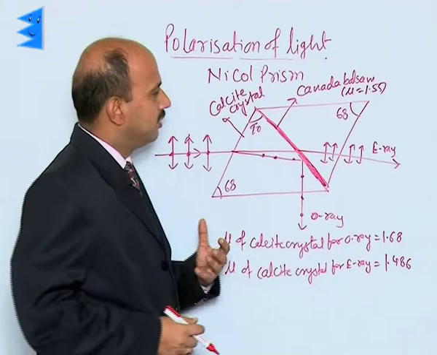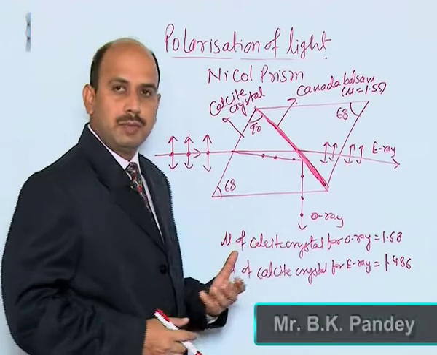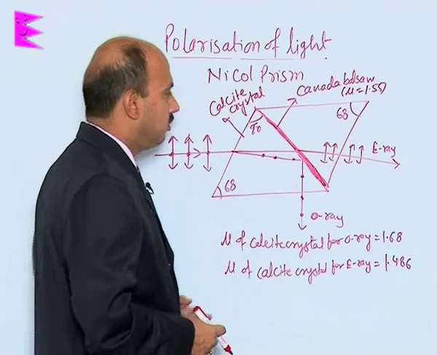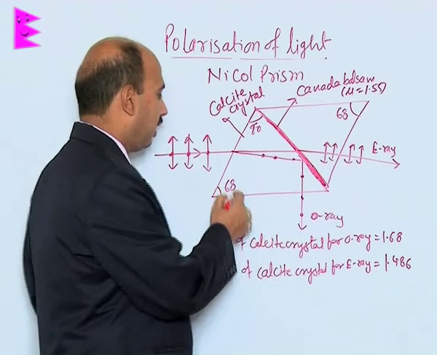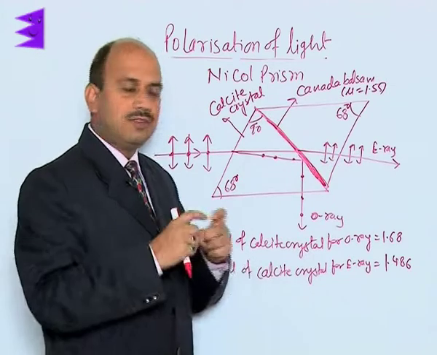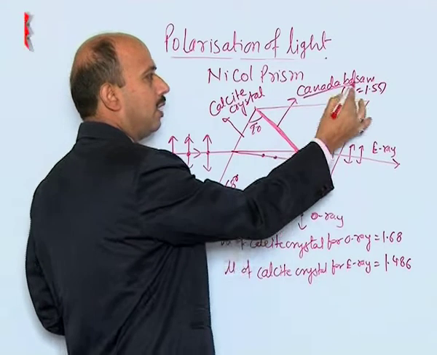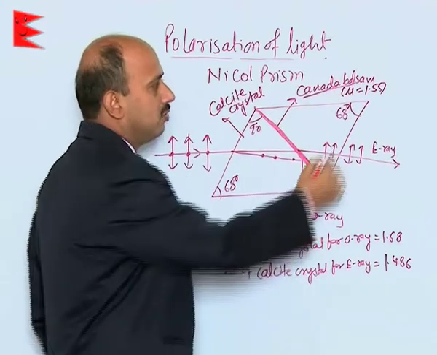Now, see the polarization of light by using a Nicol prism. A Nicol prism is actually made by using calcite crystals. It is cut in such a way that this angle is 68 degrees, this is 68 degrees, and this is 90 degrees. These crystals are joined with the help of a glue called Canada balsam, whose refractive index is